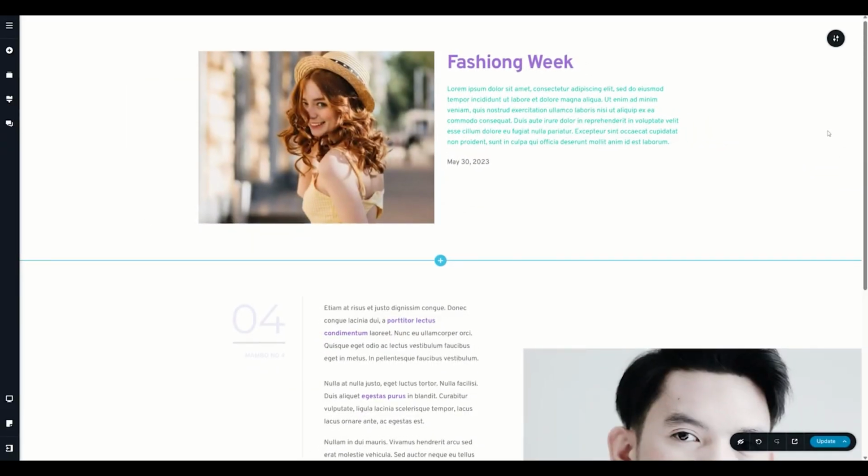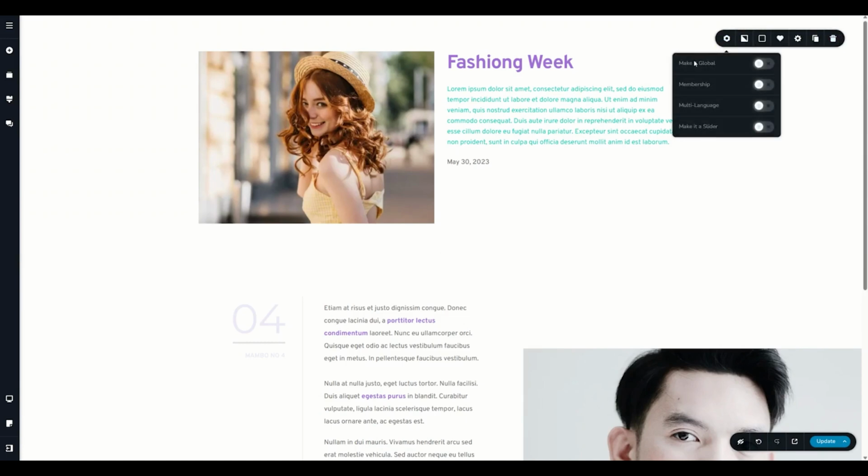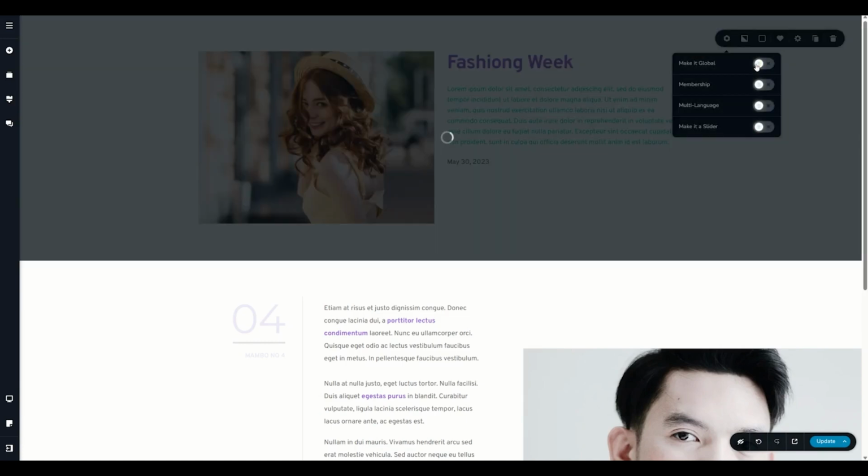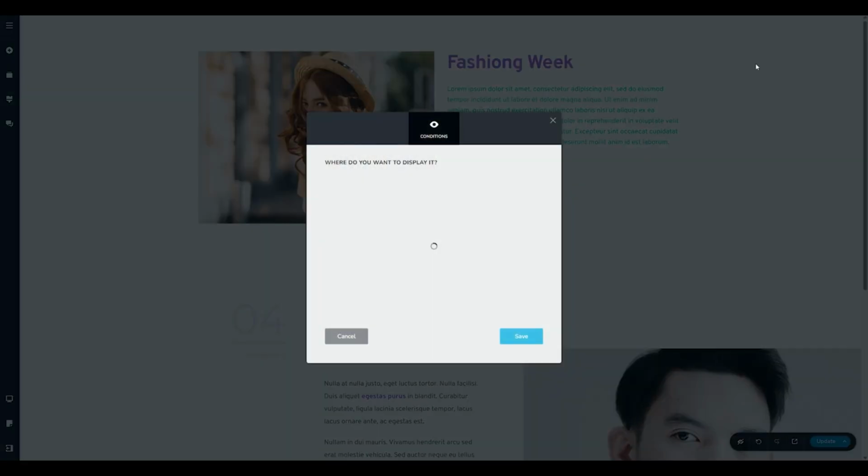Elements and build up your page, you're going to assign this as a template that will be used on all your post pages. Go to the block settings all the way to the left and select Make it Global. This is going to open up the conditions, and by default,